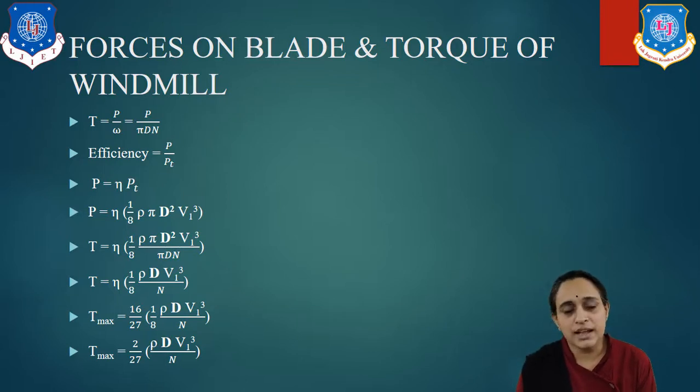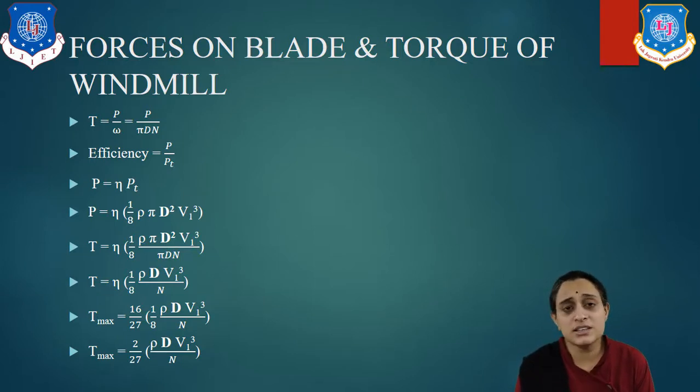Now diameter and area are correlated. So what is the equation of area? It is pi by 4 d square. Hence we can find out the diameter. Now here as you remember the equation, power P means total power or the efficiency. So efficiency is equal to power generated upon total power. So here we can write power generated as eta into PT. What is eta? It is the efficiency, and PT is equal to total power.